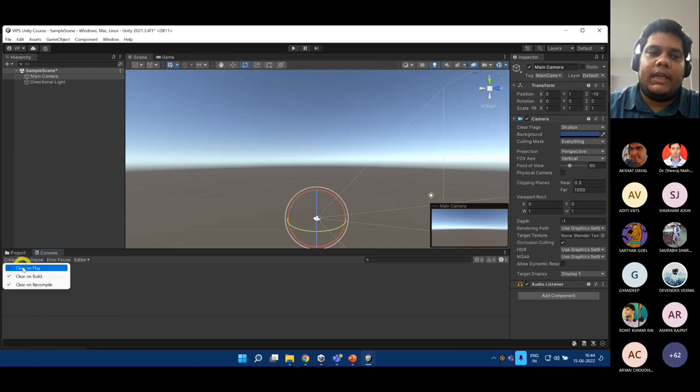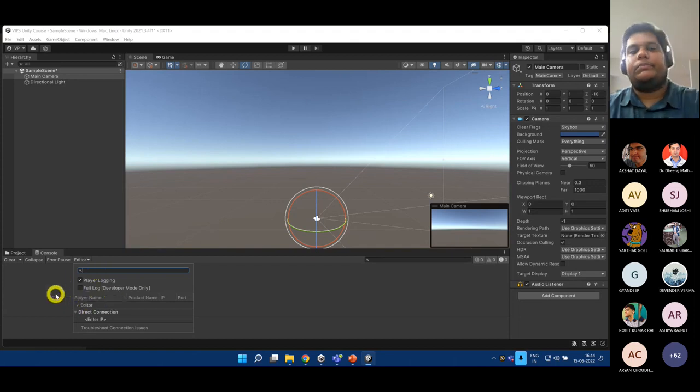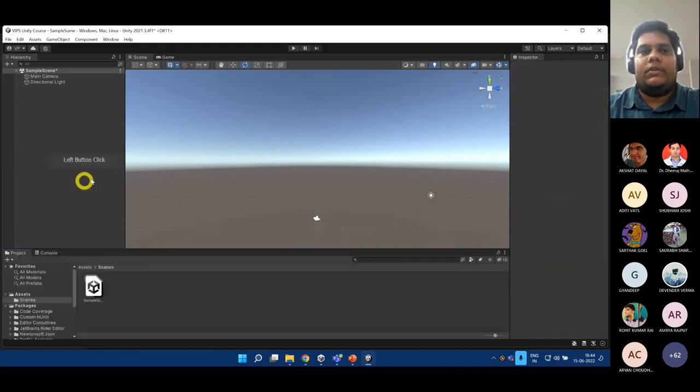So you have some options like clear on play, clear on build, clear on recompile, things like that. Collapse, error pause. Error pause will basically pause whenever the first error occurs. So do you want things to work in editor or not? Where do you want to debug it? So some options are there, right? So yeah, these are all the 6 windows we have covered. Next, let's look into